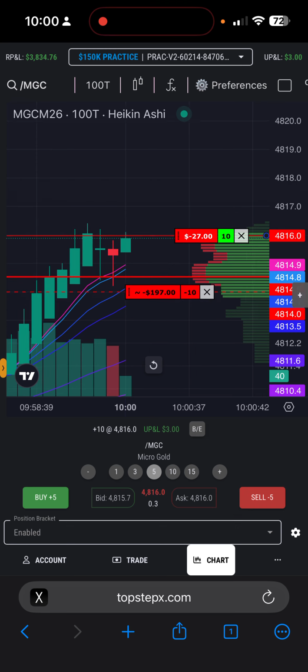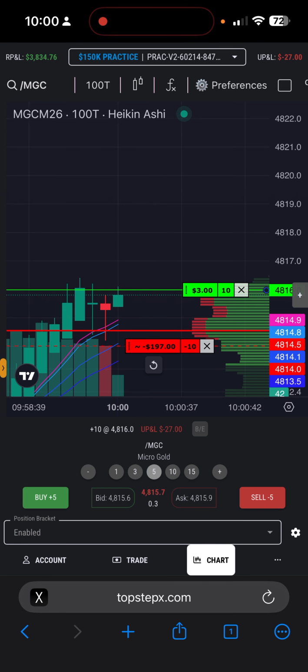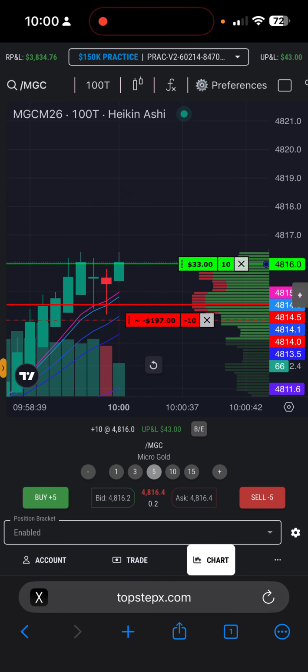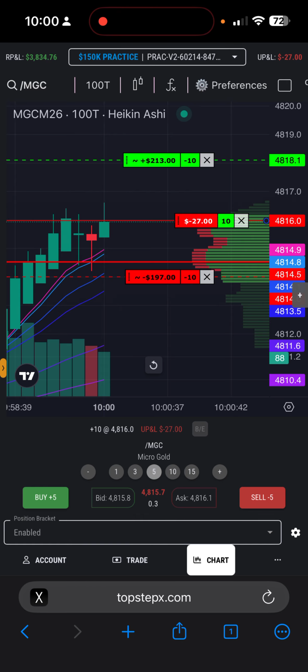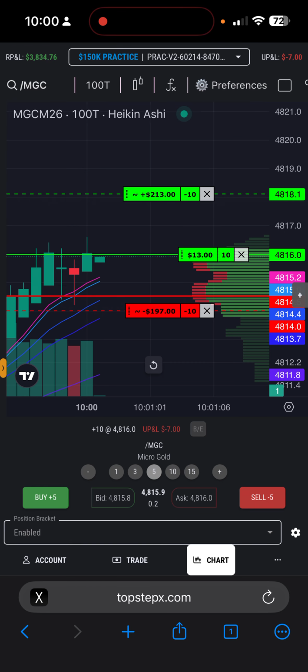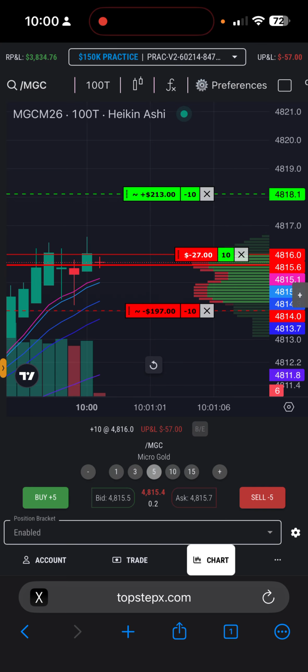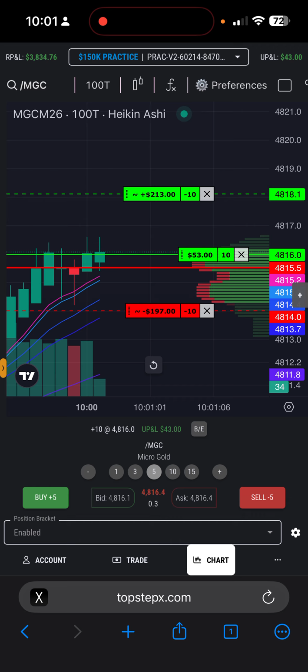Now, I was going to take it off fast if it were to go against me or whatever. All right, so let's see if we can get to 4K account balance. We're at 3,800. I lost that last trade, lost my money back. So this time we're going for about $200.